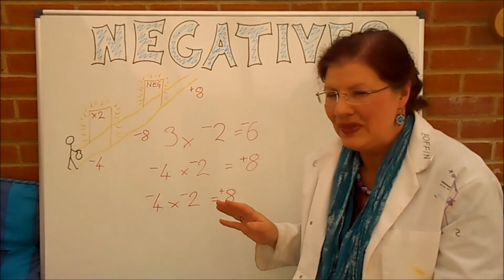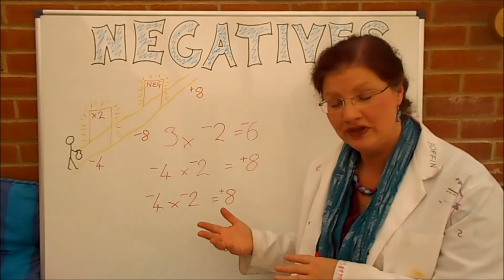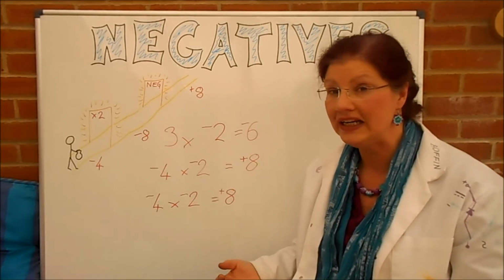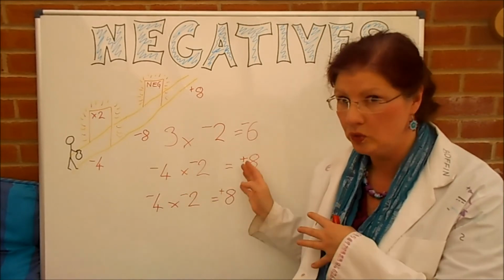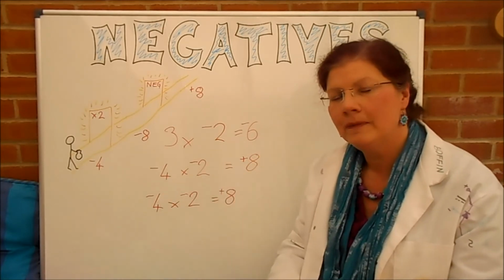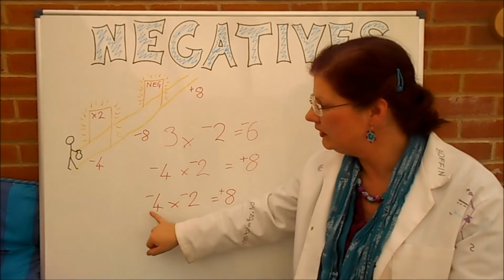Okay, just pretend they're not there. Do the multiply or the divide and get your answer. A 4 times a 2 is always going to be an 8. Whether it's positive or negative, you're always going to end up with an 8. So forget all the signs, work out what the answer is, and then go through and say, every time we